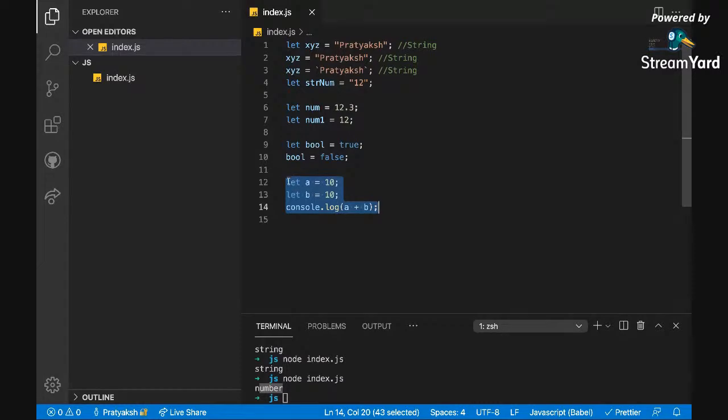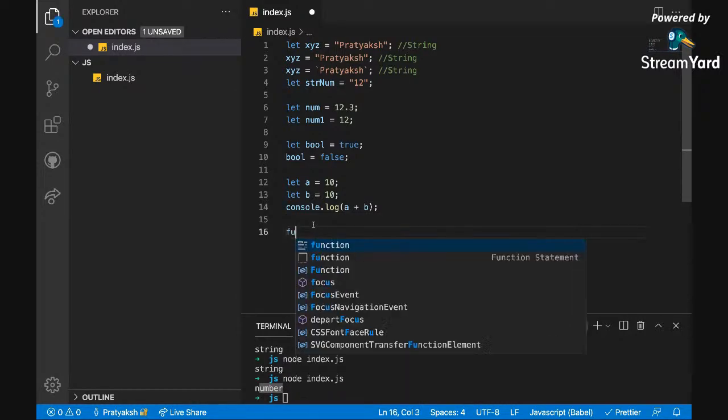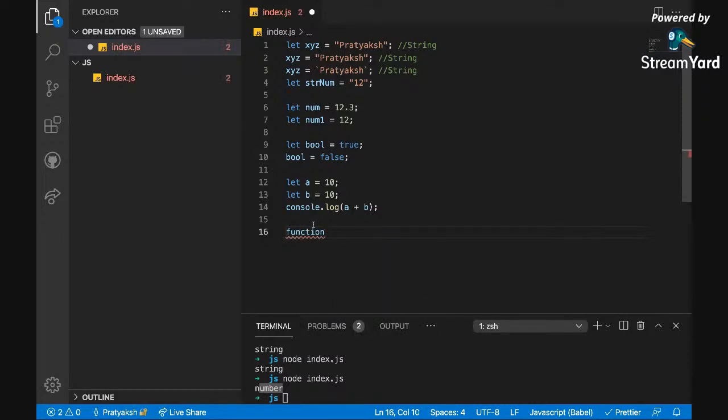You don't want to write these three lines or tens of lines again and again. What this programming language gives you is that, like we gave a name to this string so that we can use it again and again anywhere and refer to it as xyz, similarly we can do something for this set of lines also. These lines can be clubbed together in a function, and it's a syntax. I'll give you the syntax, and let's say the function is add, and then these lines can go over there.